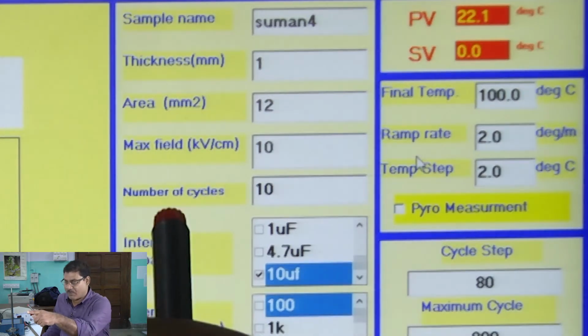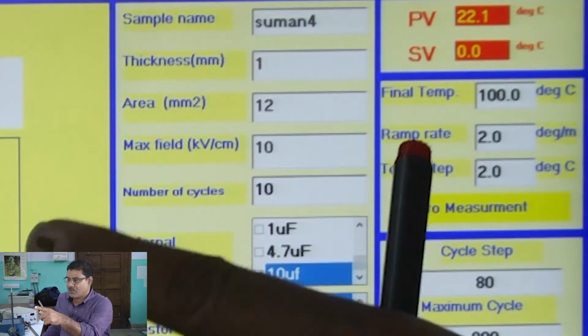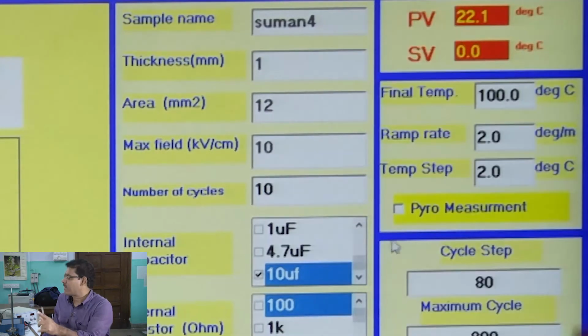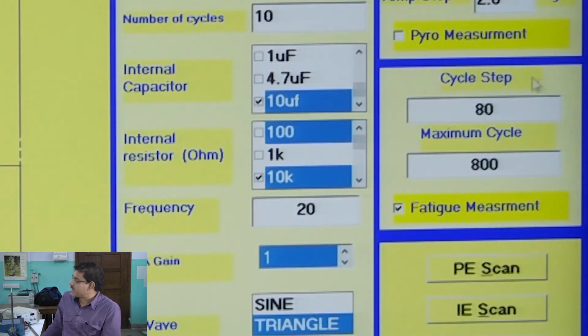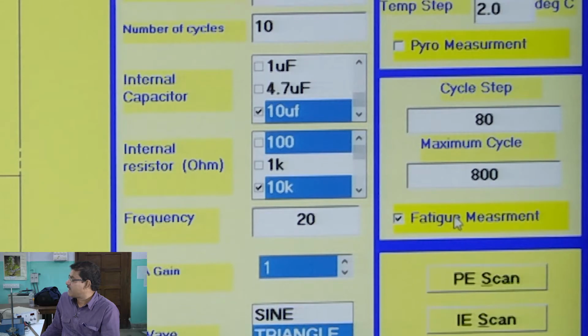As I told, we are not changing the temperature, we do the experiment at room temperature. This part is for variation of temperature if we want, and this part is basically for the P loop. We are interested in the P loop, so we will do the experiment in this condition.